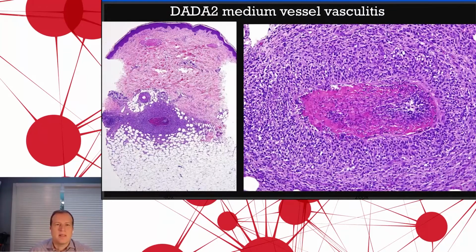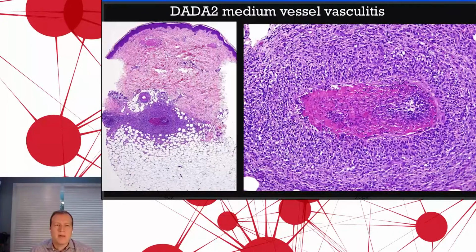Histologically, as I mentioned, this is a vasculopathic process of the medium-sized vessels and arterioles, so the capillaries are going to be spared. The pathology is going to be in the deep dermis and subcutaneous tissue. Here you see a transmural neutrophilic and lymphocytic infiltration of the vessel wall, as well as fibrinoid necrosis of the wall itself. This is very classic for vasculitis.